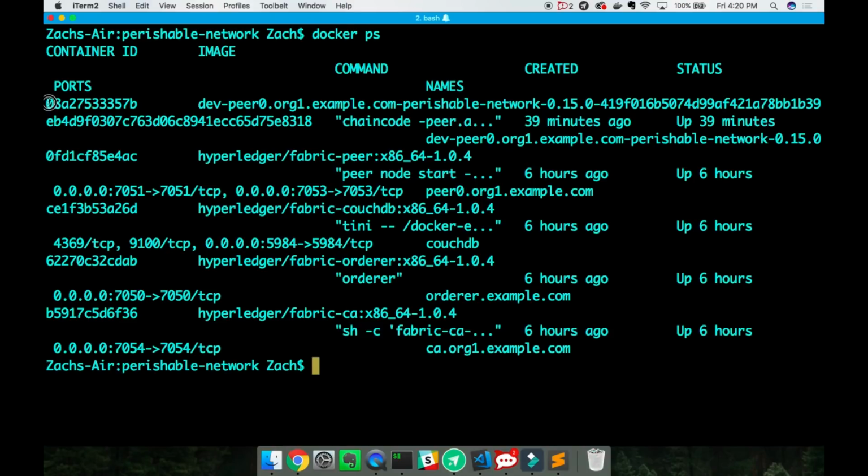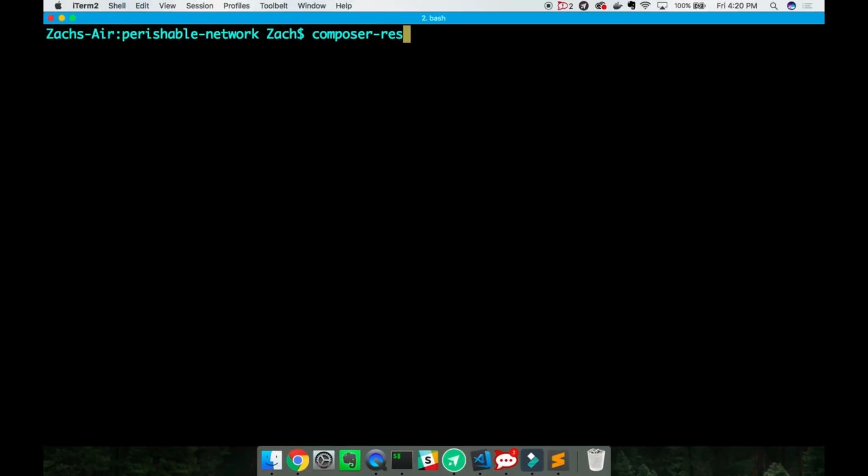But now we have this container up here, which is something called devpeer0.org1, and so on. So this is actually what we just deployed to the network. We deployed a new peer, which we called admin, to the network, and it's running in a Docker container, which essentially could be pushed up to Docker Hub and hosted on AWS or Azure. So you can see how this is kind of going, and now we can start a REST server,